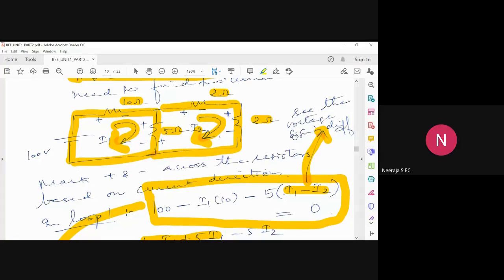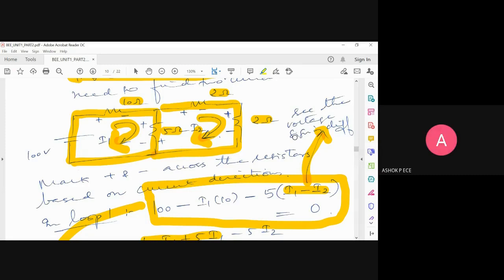Only I1, sir. Is I2 not flowing from bottom to top? Yes, sir, both are going. I1 and I2, both are in what direction across 5 ohm? Opposite direction. So what should you put? Minus, sir. What minus what? First loop we have taken I1 minus I2. Second loop, what is the current we are focusing? I2, sir. So I2 minus I1, sir.